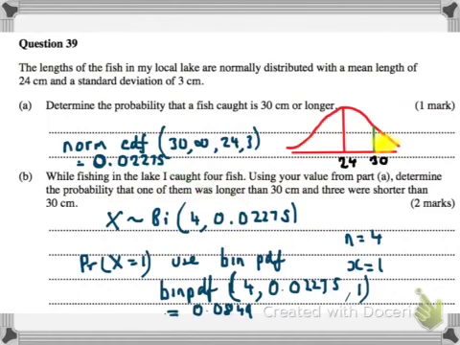So that's the scenario there. Probability of x equaling 1. So we're looking at one of them being longer than 30 centimetres. So it's binomial PDF. We're only after one value. So it is binomial PDF: 4 trials, probability of success 0.02275, comma 1. That's the one we're after. And the answer is